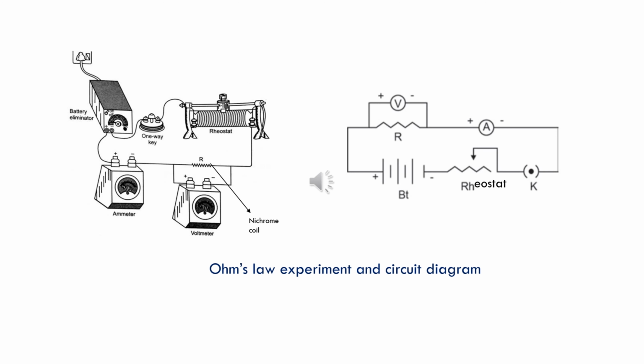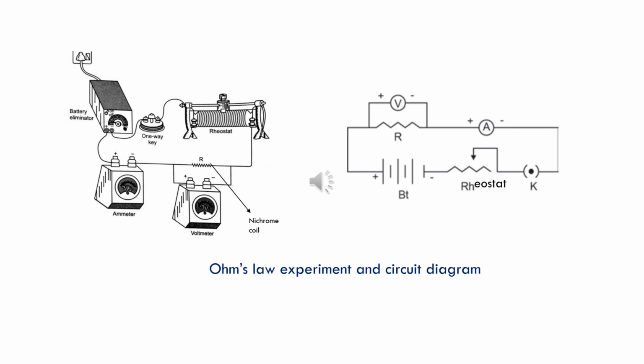Using the readings obtained by this experiment, we can build up the graph of voltage against the current flow. You can see it in the fifth part of your question paper. We can obtain the physical quantity resistance from the gradient of this graph. This relationship was first discovered by the German scientist Georg Simon Ohm. We know that law as Ohm's law.